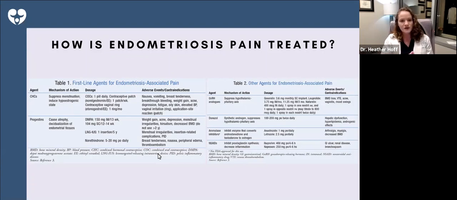Some other medications, there are ones called GnRH analogs, and those create a temporary and reversible almost menopausal state where the menstrual cycle does not occur in the normal fashion, and therefore that will suppress much of the pain and the symptoms of endometriosis. A couple other meds there. One is a synthetic male hormone, which really does the same thing. And then the other one is an aromatase inhibitor. That's one that works locally at the level of the ovaries and will suppress menstruation as well, and therefore also cut back on some of these side effects.